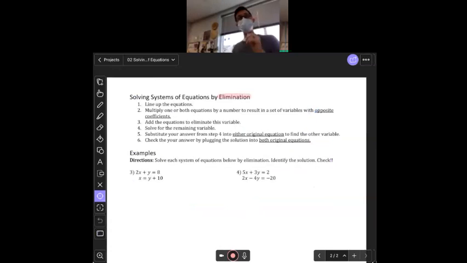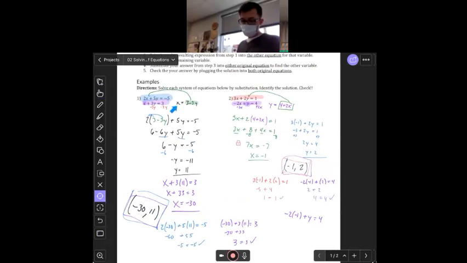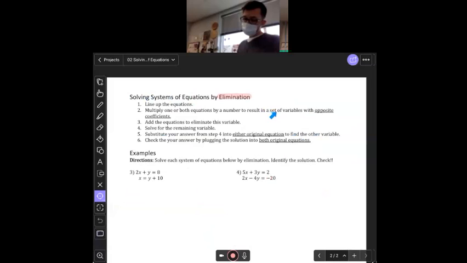All right, so elimination. Generally, people like this method a little bit more. It tends to be a little bit faster, but again, some problems are set up to be substitution, some problems are set up to be elimination, some problems you kind of pick. So again, always just trying to figure out the easiest way to go through these is the best thing, guys. But at any moment, they both should work. What would be the easiest? So with substitution, we want one of the variables to be by itself, right? That's what we want, or we need to get that. With elimination, what we want is one set of variables